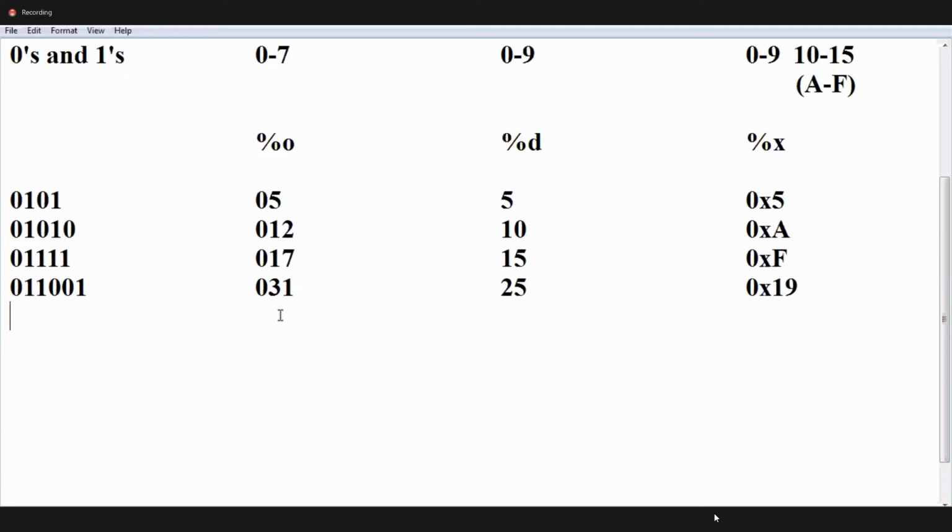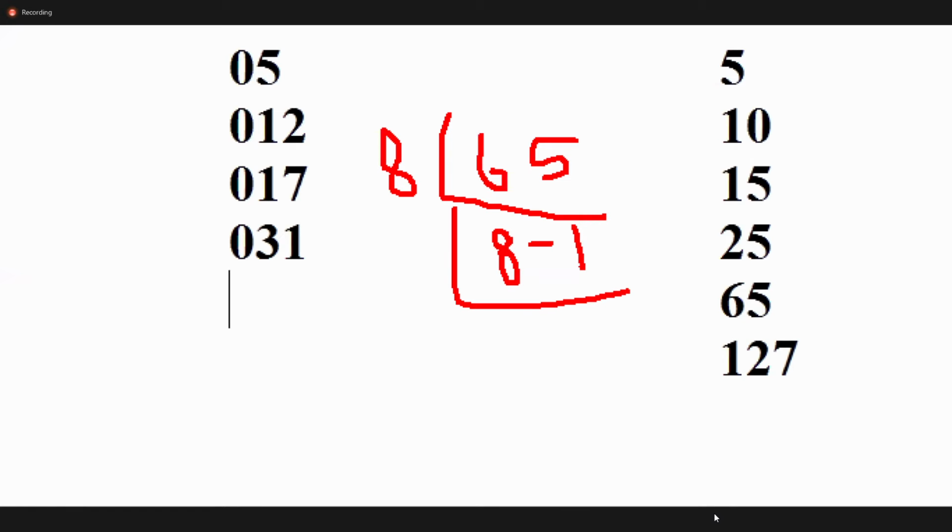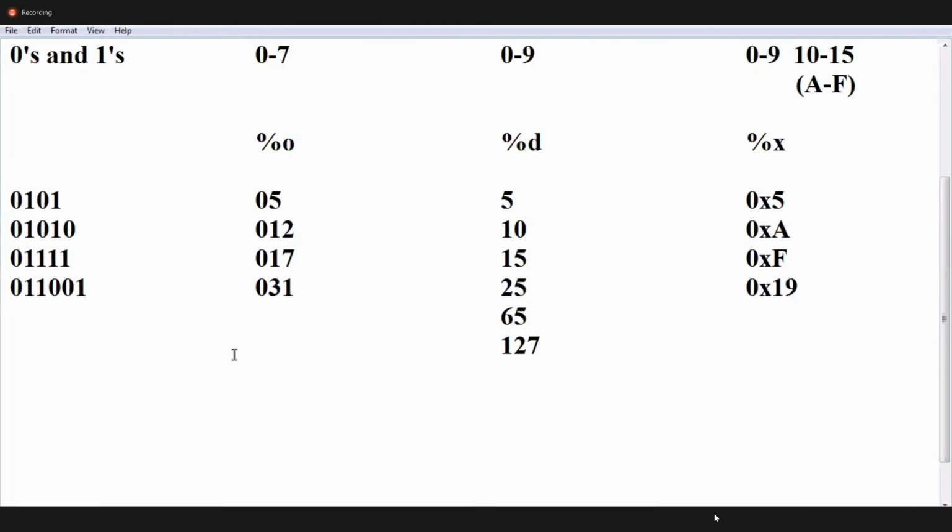Clear, guys? This is 65, right? 65 also, and one more number. We can write any other number. Just take 127 or something. Okay. Write 65. What is 65 in octal, guys? How to write a 65 octal number? Binary, you know, right? But octal, how to write? Octal means by 8. How many times? 8 times. Remainder is 1. Again by 8. 1 time. Remainder is 0. We get 101, guys. It should start with 0, so 0101, right?